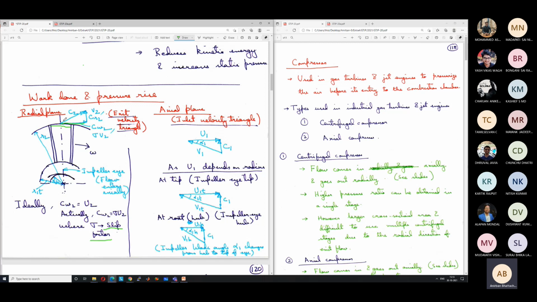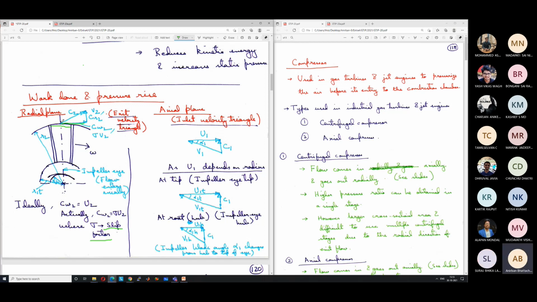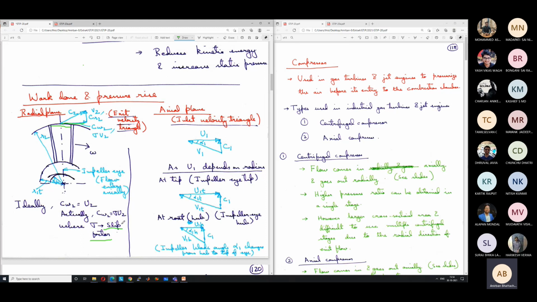Okay, so the actual average wheel component or tangential component of the velocity of the fluid can be written as CW2. Why W? Because it is in the wheel direction. CW2: 2 because it is at point 2, W because of wheel, and C because it is the absolute velocity. So component of absolute velocity along the wheel direction at point 2 is given by CW2, and ideally it should have been equal to U2, but actually it is equal to sigma into U2, where sigma is known as slip factor. It has a value. What should be its value? Will it be greater than 1 or less than 1?